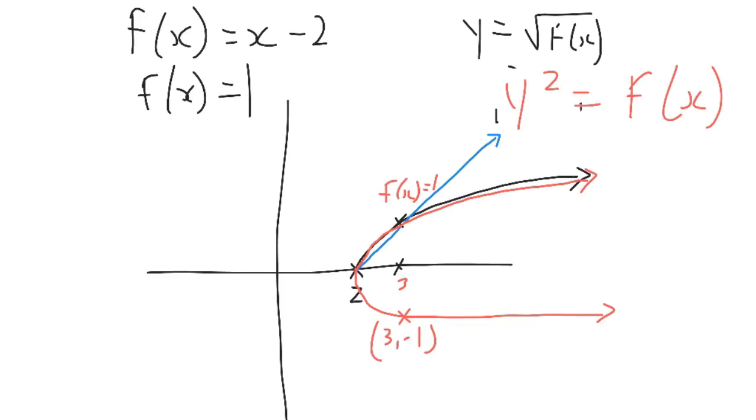Now that doesn't mean I'm taking the square root of negative 1. That means when I put 3 into my function and I get y squared equals 1, I can have y equals positive 1, which is the up version, or y equals negative 1, which is the down version. If I graph this one, it's just going to have 2 sides to it. If I graph just this one, it's only going to have 1 side to it, but they are reflected in